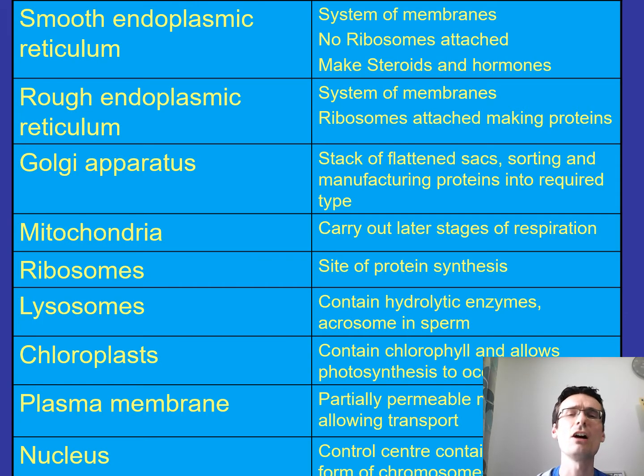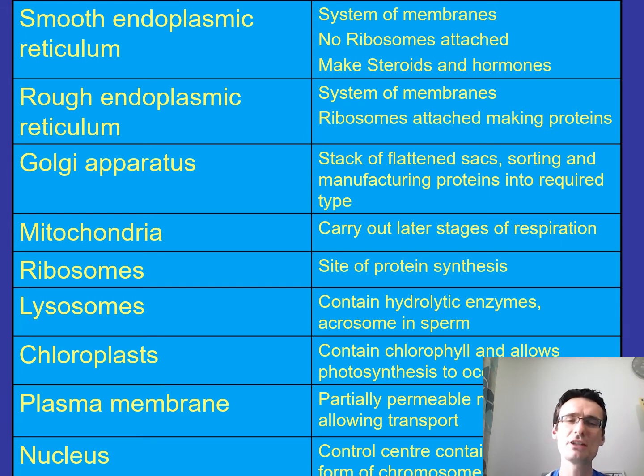So, just a summary of some of the roles then. Smooth endoplasmic reticulum is a system of membranes. It doesn't have ribosomes attached, and they make steroids and hormones or fats, basically. Rough endoplasmic reticulum has ribosomes attached to the membranes, and they make proteins. Golgi apparatus is a load of membranes that manufacture or modify proteins and package them, and might add lipids to them to make something called